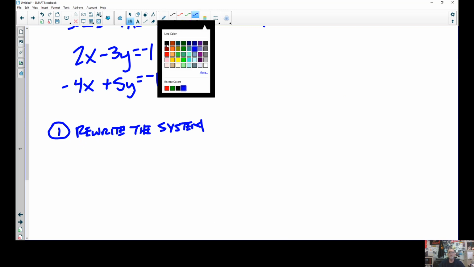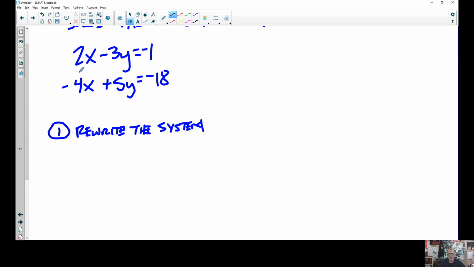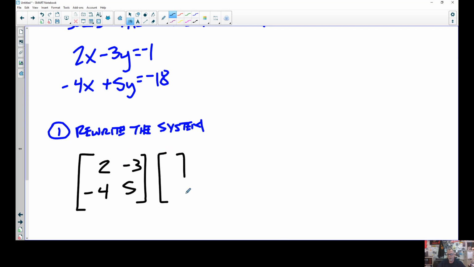Let me get a different color so you can see it stands out. All right, so for this, if you just looked at these coefficients, I could make a 2 by 2 matrix out of the coefficients on that side. Now, we're going to always have to have a standard form where we have x and y on this side, our ax plus by, and a c on this side in order to do this. So we have this. This times this matrix